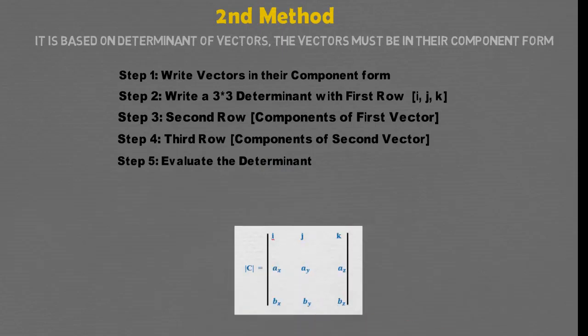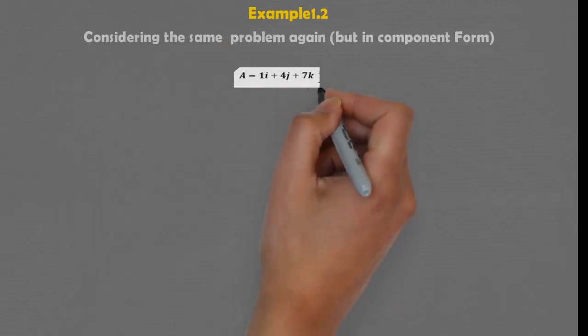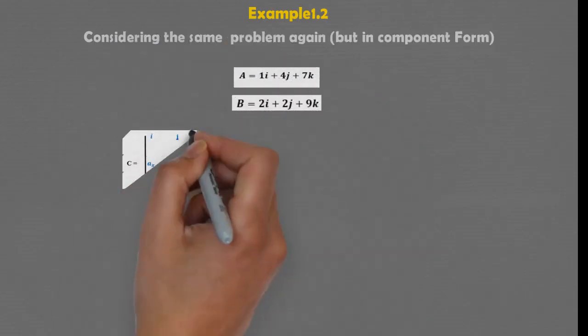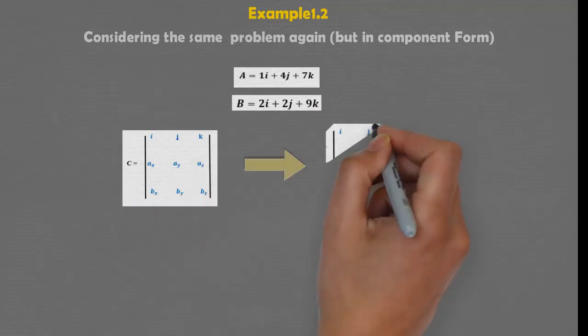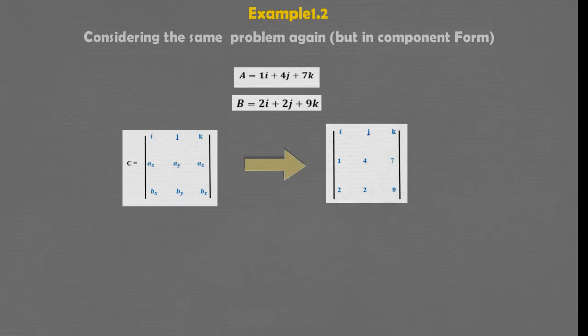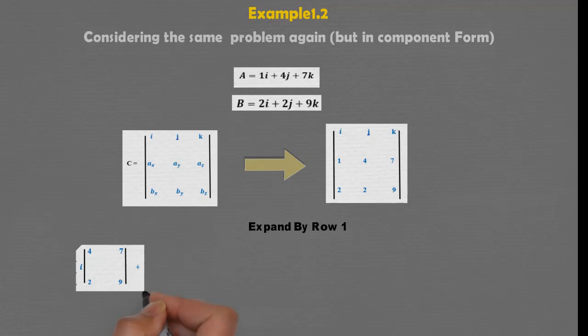So let's take an example on this method. Consider two vectors, vector A and vector B in their component form. Write first row as i, j, k, second row as the component of vector A, and third row as the component of vector B. Now evaluating determinant by expanding row 1. Any row or column can be expanded, providing that you know the rules. If you want me to make a video about determinants and how they can be evaluated, kindly mention that in the comment section below. So expanding by row 1,